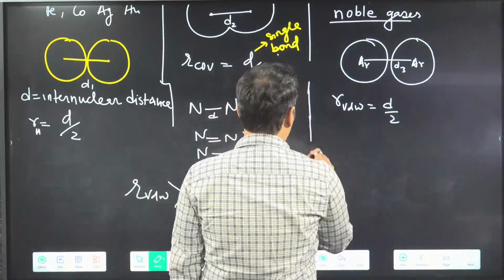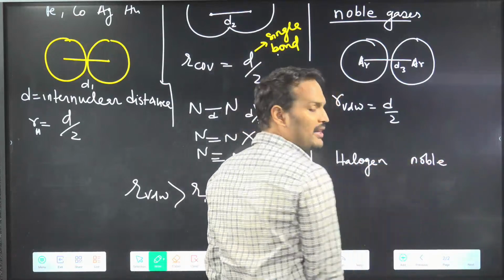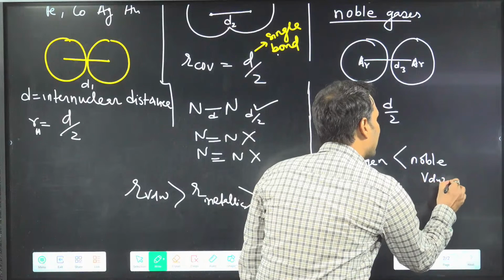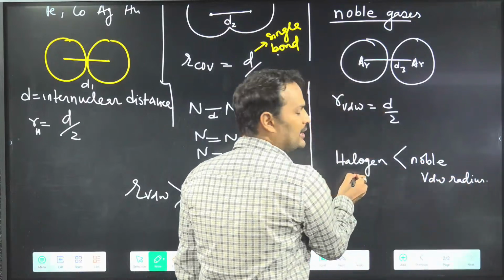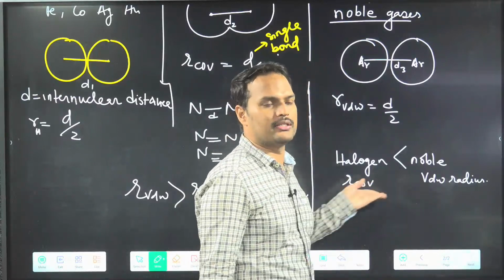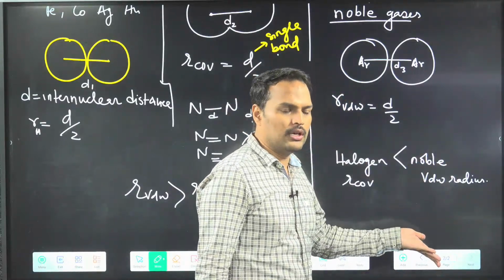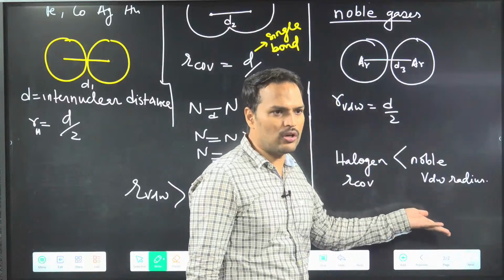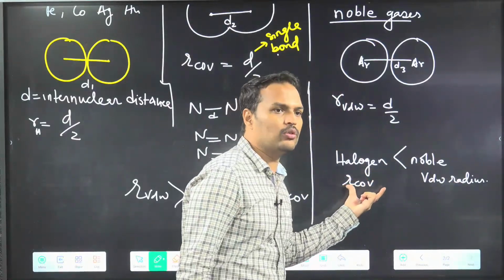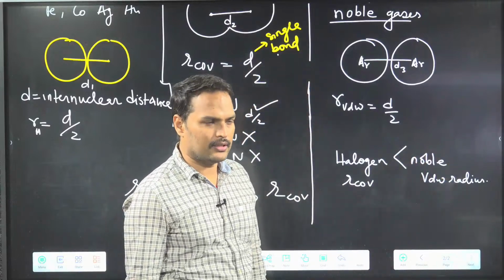We say like this also: if you compare halogens and noble gases, in some places they write that noble gas is bigger, because for noble gases they are measuring van der Waals radius, and for halogens they have taken covalent radius, which should not be done. If you want to compare covalent radius of both, compare covalent radius of both; or compare van der Waals radius of both. But in one case you take van der Waals radius and in the other covalent radius, and then you compare. Then van der Waals will come out big only. It is like this.